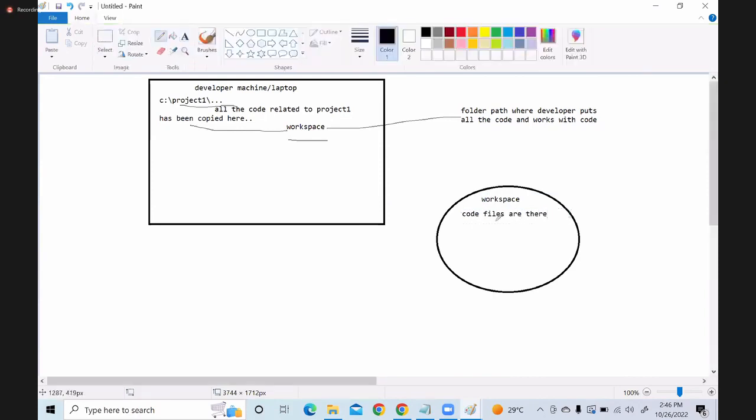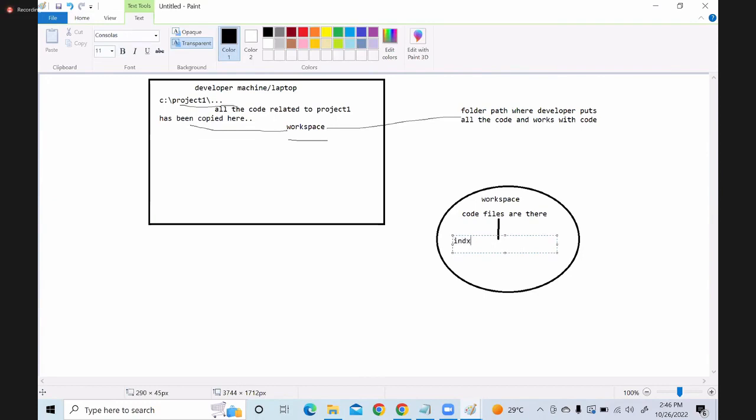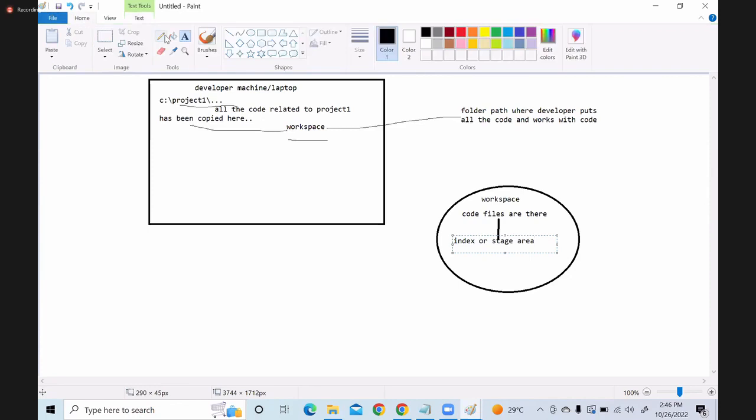Now, these code files have to be stored in the Git repository. That is the goal. For that, first we have to add these code files to a staging area, also called the index or stage area. Then from here we have to commit to the local repository.